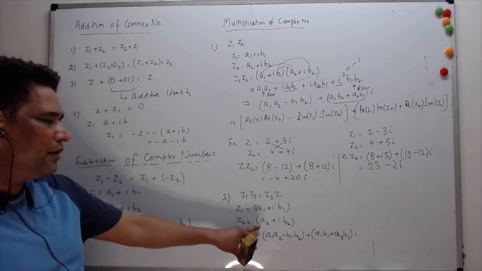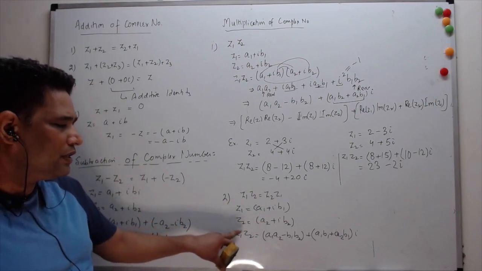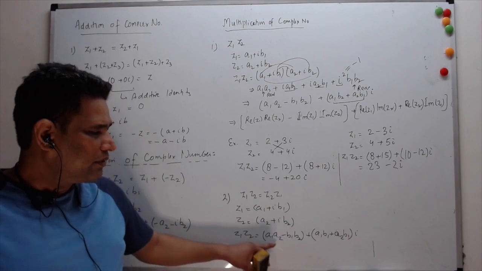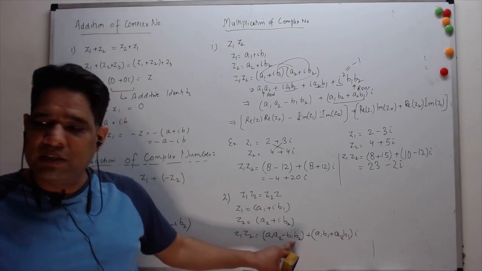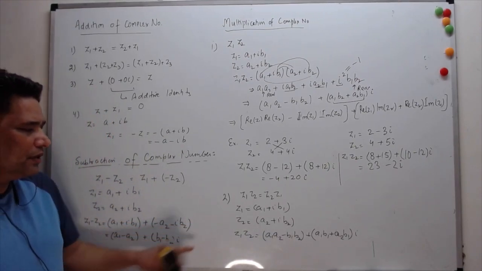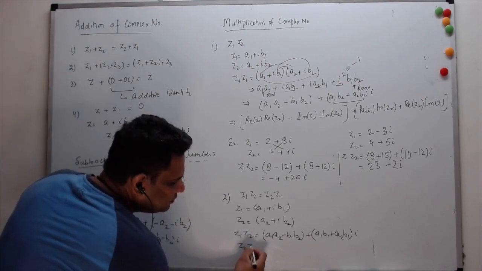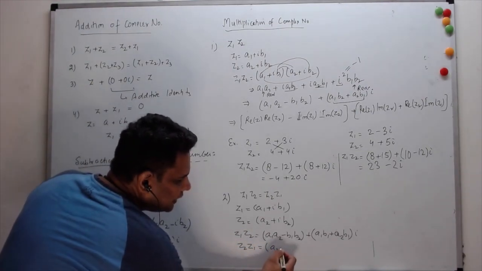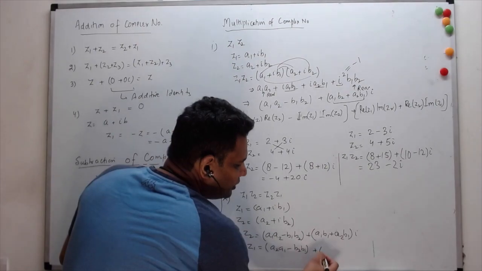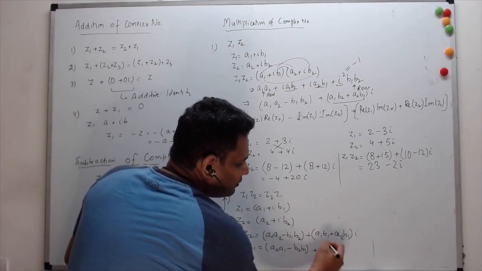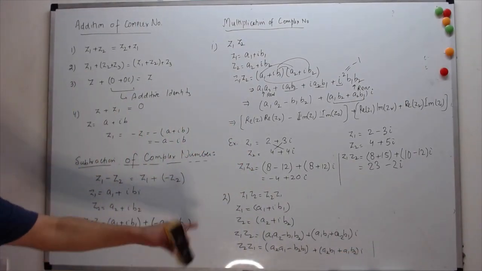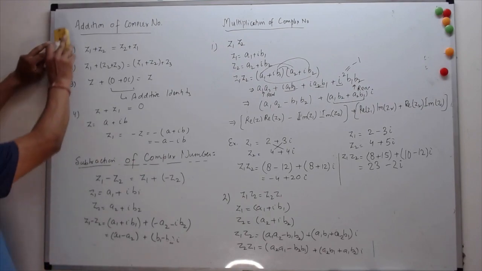And you can tell, whether you take this one first, which is Z2 first, the only thing which would change is the order everywhere. But the value would still be the same. They would still remain in the same term. So the same value you would be getting when you do Z2 Z1, like A2 A1 minus B2 B1 plus A2 B1, the first term would come first, and A1 B2, which is pretty much the same, both the values. So that's one.